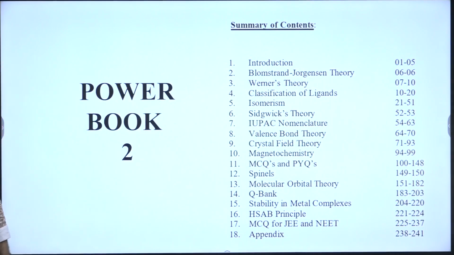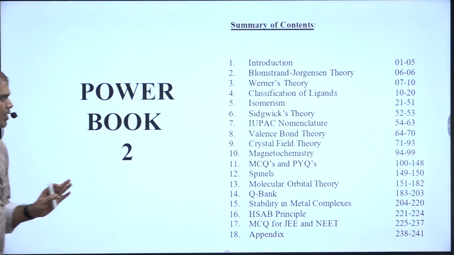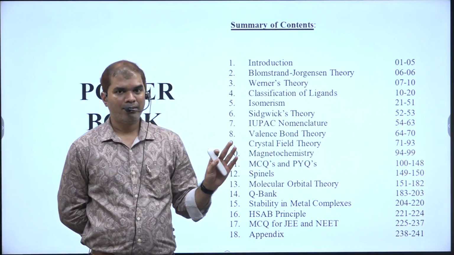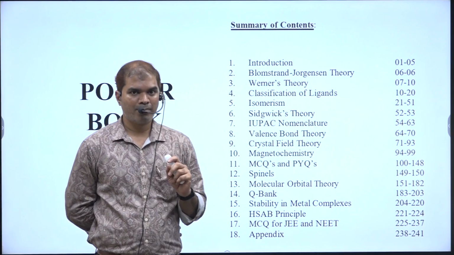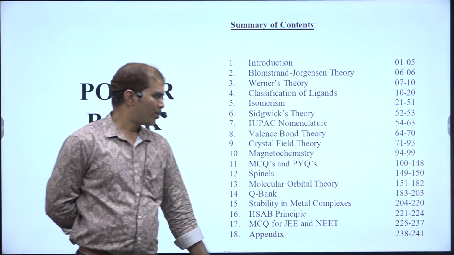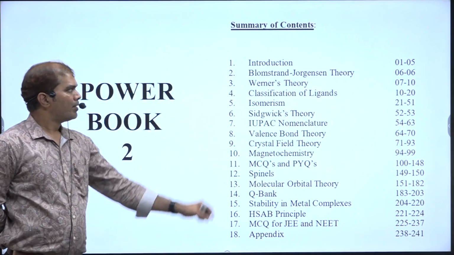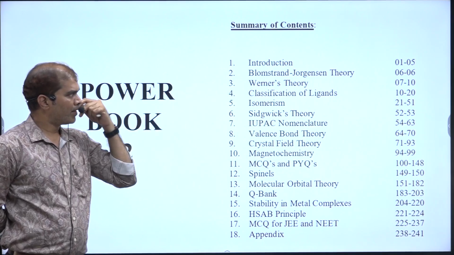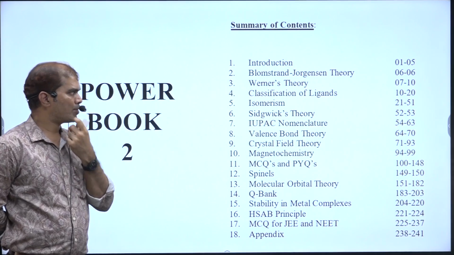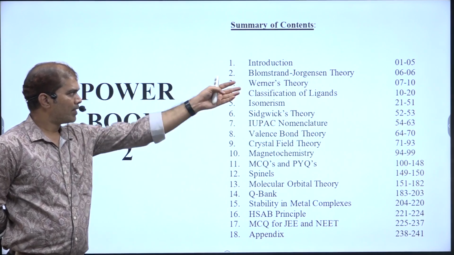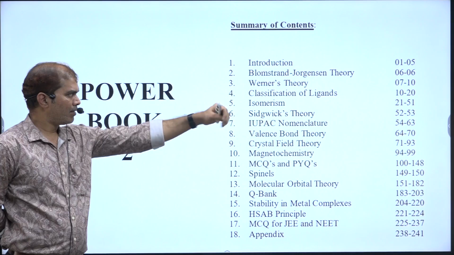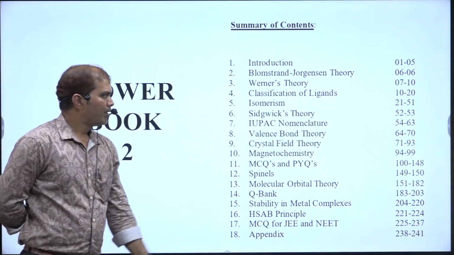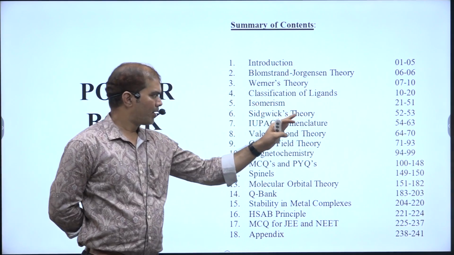Moving to power book 2, this is exclusively for coordination chemistry. Almost complete coordination chemistry you will get, including the reaction mechanism of transition metal complexes; you will get every topic of coordination chemistry. I have started from the introduction, and from the introduction later I went to Blomstrand-Jorgensen chain theory. After that chain theory, I have given Werner's theory and various classifications of the ligands, isomerism, Sidgwick's theory, IUPAC nomenclature,